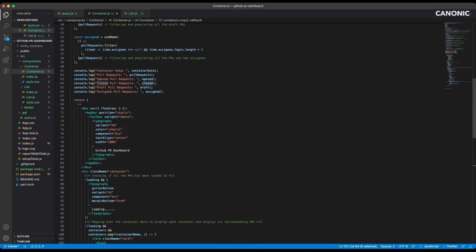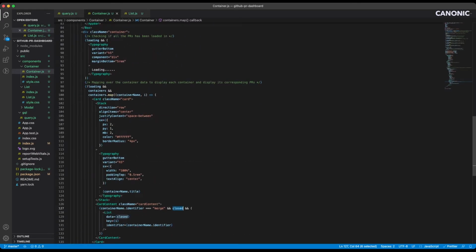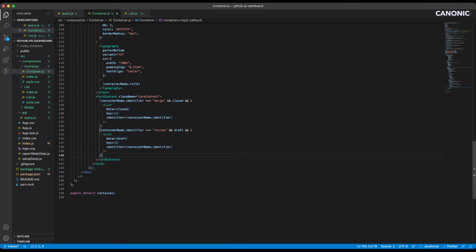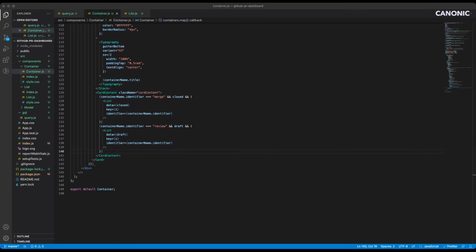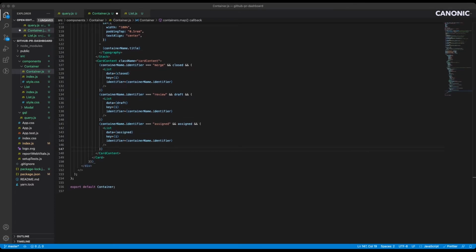These closed PRs, we are getting from here, where we filtered them from all the pull requests that we got from a backend. And similarly, we can do the same for review, the same for the assigned column, and also for pending ones.